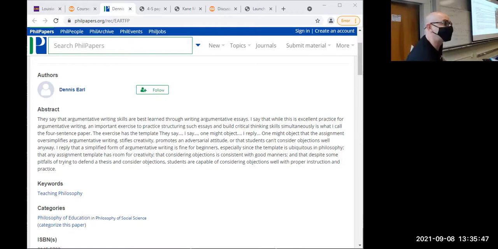So for the first sentence, they say, consider starting off with either what moral relativists say about the search for absolutes or what Cain says about the search for absolutes, right? Then the second line is a reply line that requires stating a response to the first line and a reason in support of it. So if you started off with moral relativism, then you might go to Cain afterwards or vice versa, right? The third line is an objection line. So you'll have to think about what kinds of an objection one side would develop against the previous point based on what you've read, and then do the same with a reply in line 4. Make some sense?